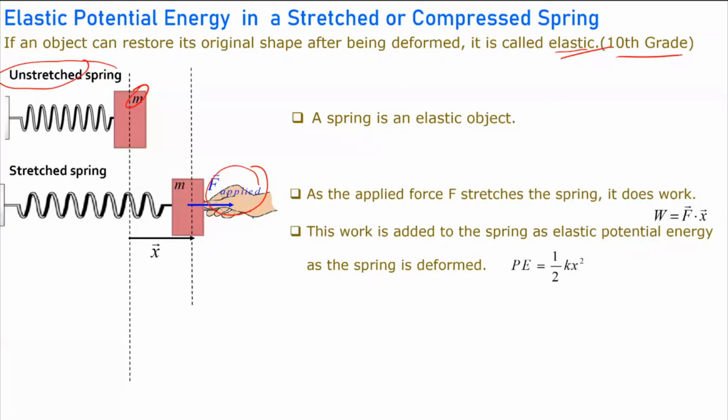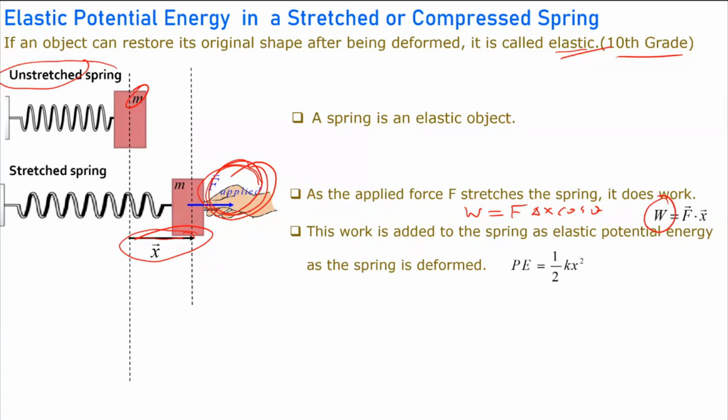In the 11th grade, you learned that if a force displaces an object by some distance, this force does work. The definition of work is F multiplied by x. And you even calculated the magnitude of the work by F times delta x times cosine theta. Because this applied force, by your hand, is displacing this object and causing this spring to be stretched, this force does some work,